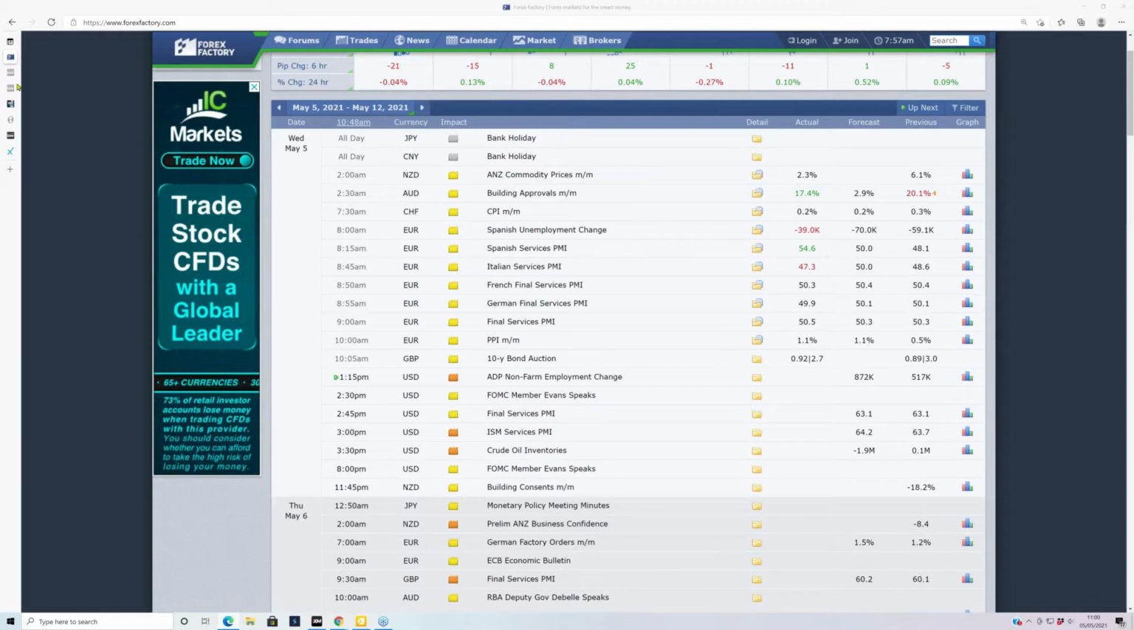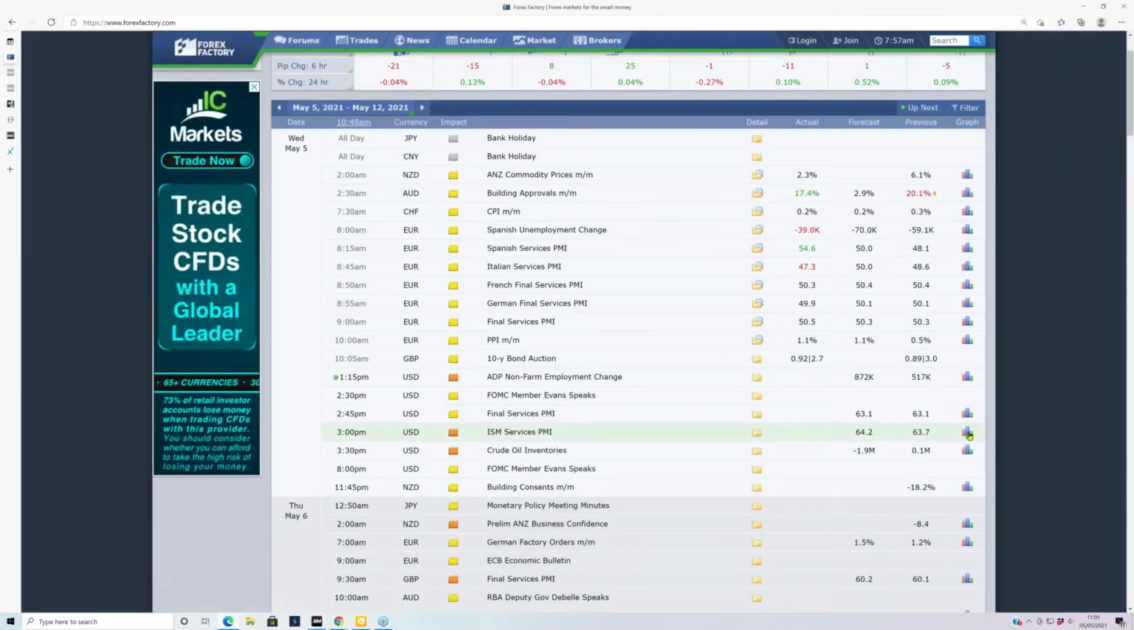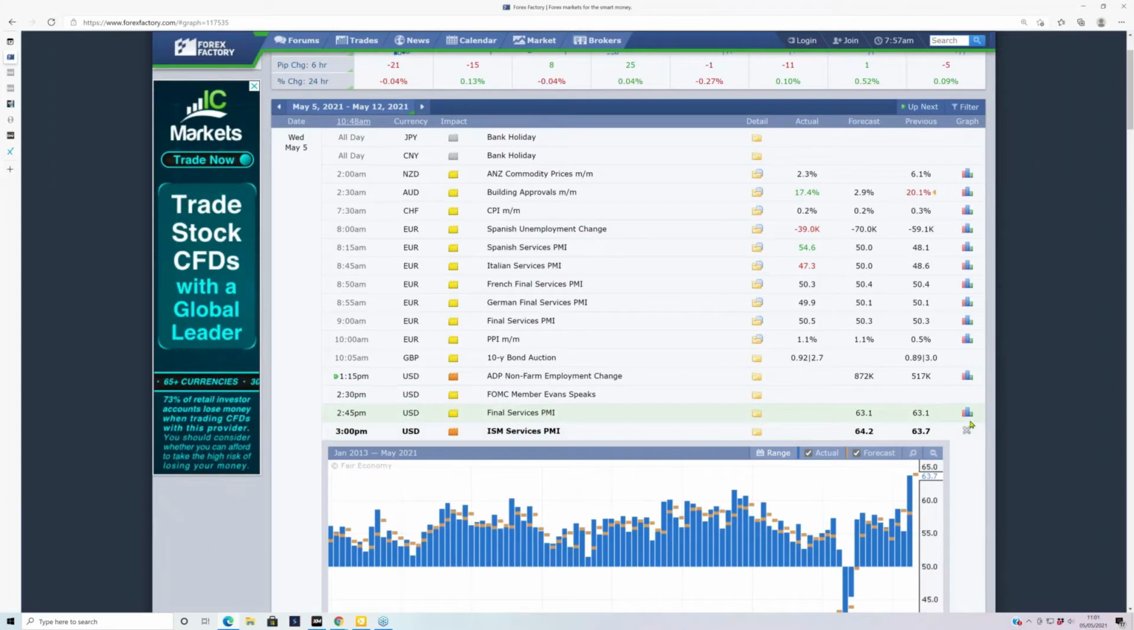Now, I also have another economic calendar. In fact, there's a third one I'd like to introduce you to. This is Financial Juice. There is a free version of this. It's a little bit delayed, but it's much more comprehensive than the Forex Factory one, which is fine, by the way. It's a great economic calendar, not least because, I'll tell you why, you can actually bring up a chart